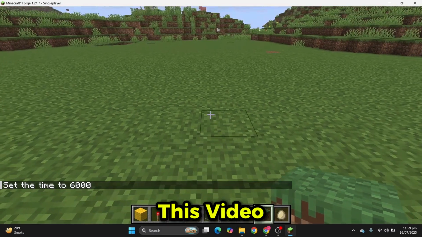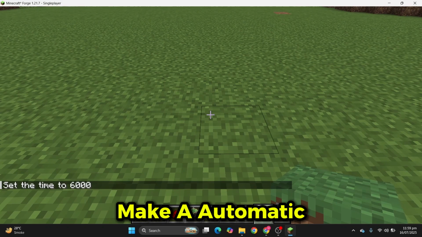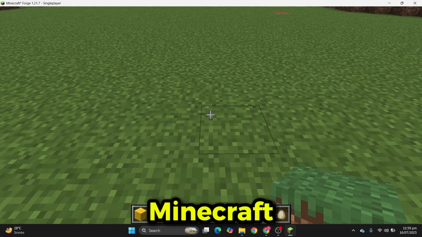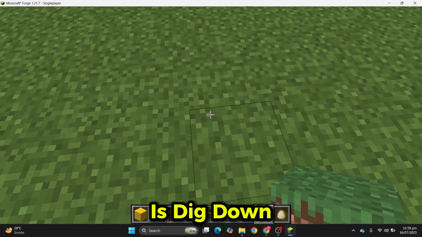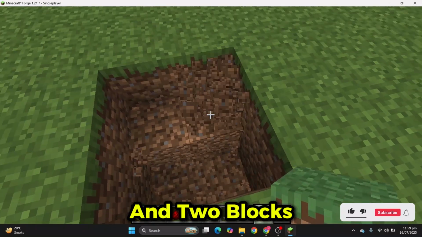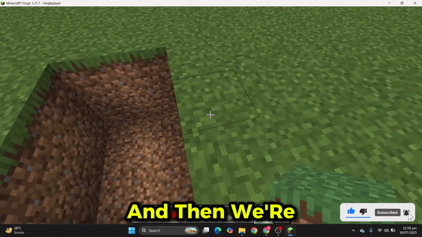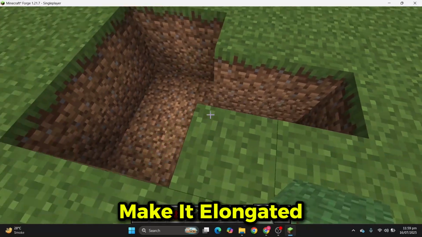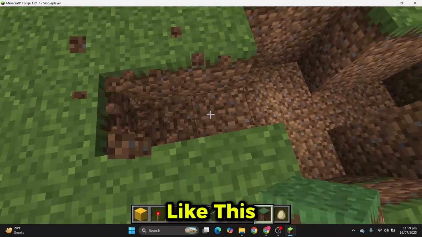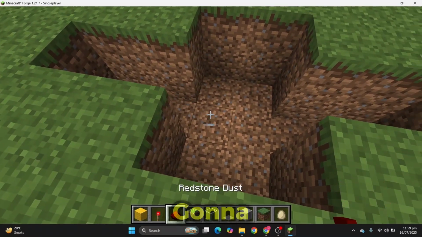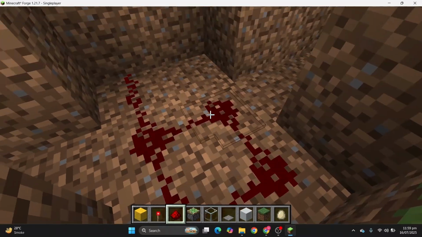So today in this video I'm going to show you how to make an automatic glass sliding door in Minecraft. So first of all, what you're going to need to do is dig down 2 blocks deep. It's going to be a 2 by 3 trench, and then we're just going to make it elongated from its sides like this. Then we're just going to fill it with redstone dust,